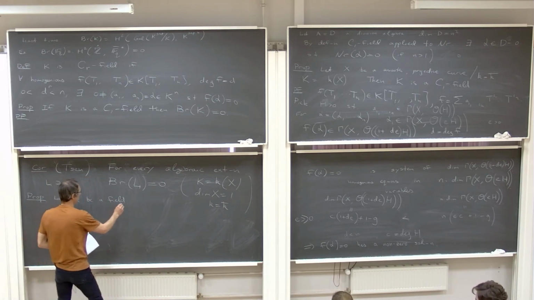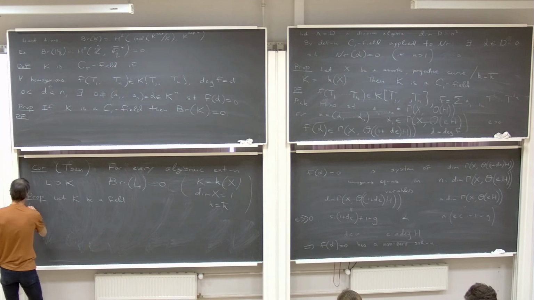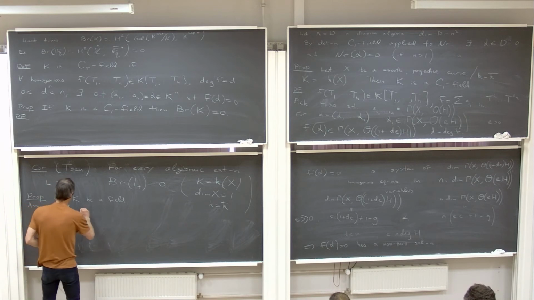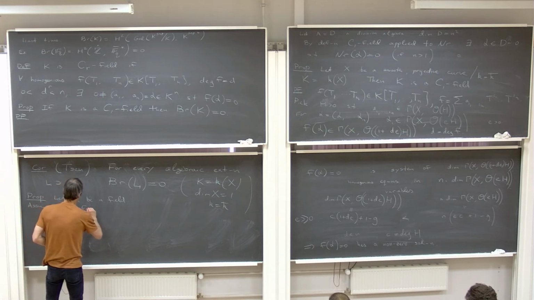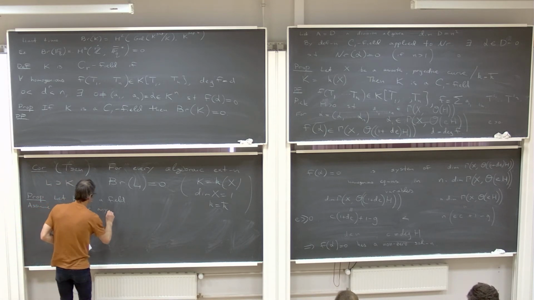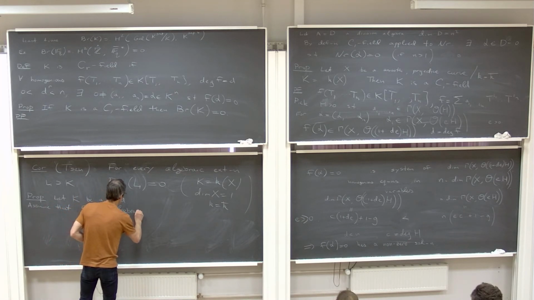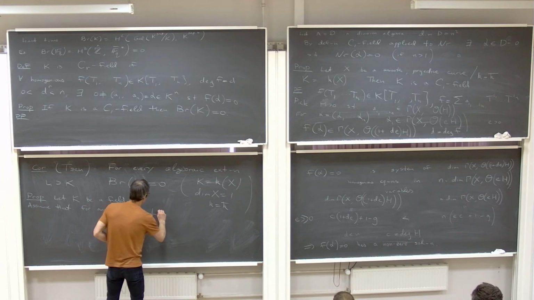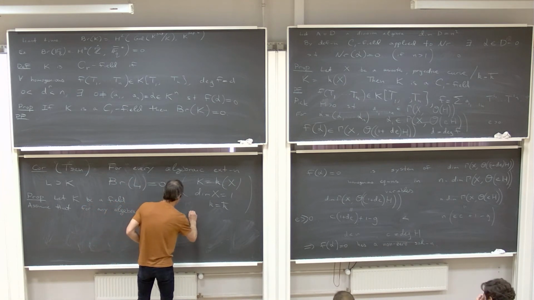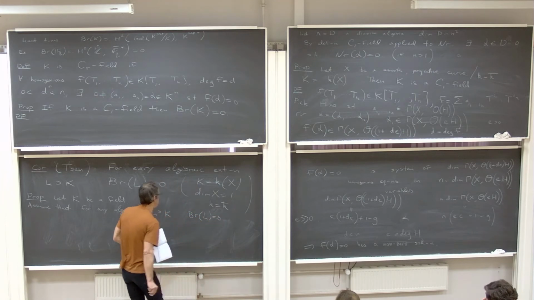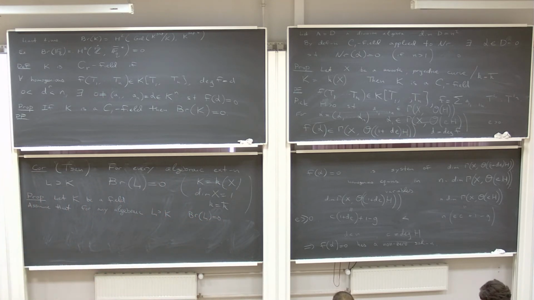And assume that it has the following property. Assume that for any algebraic extension L, the Brauer group of L is 0. Then,